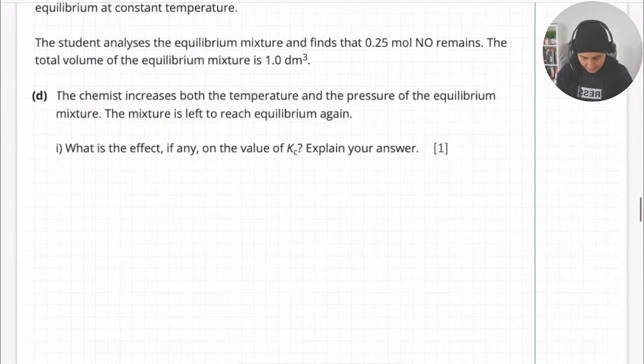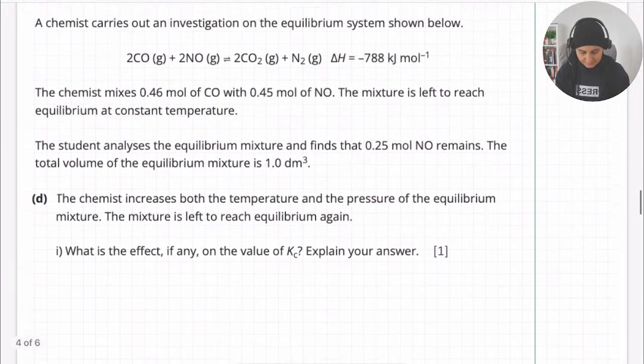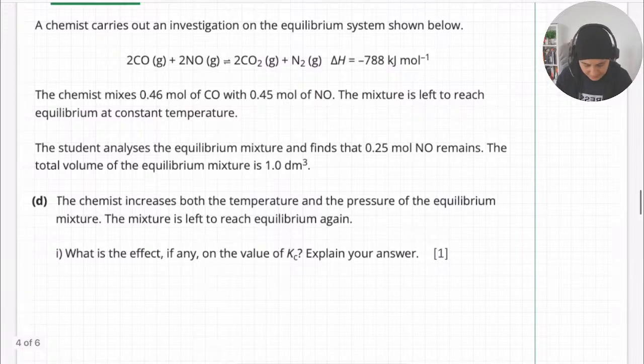And next question, same, but D. The chemist increases both the temperature and the pressure for the equilibrium mixture. The mixture is left to reach equilibrium again. What is the effect, if any, on the value of Kc? Explain your answer. Well, we're not going to talk about Le Chatelier's principle. That's AS level, and in IB it's SL. What we're doing now is HL. But